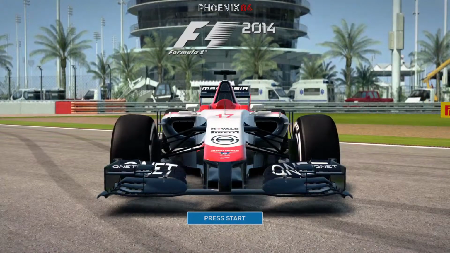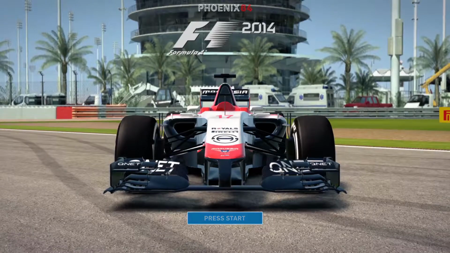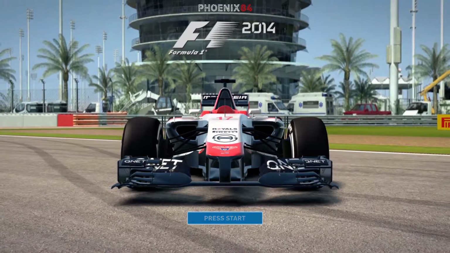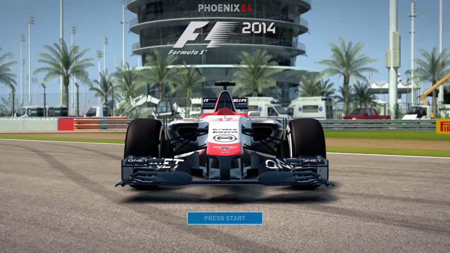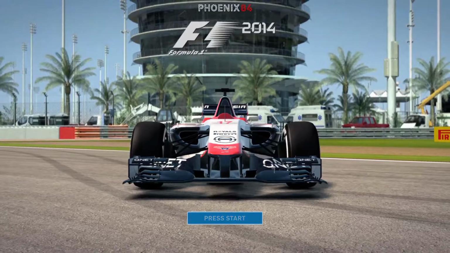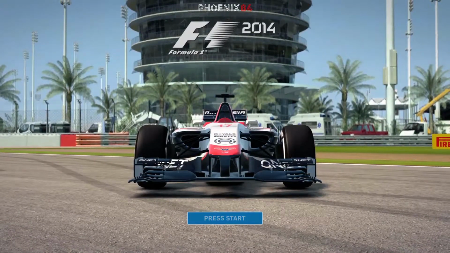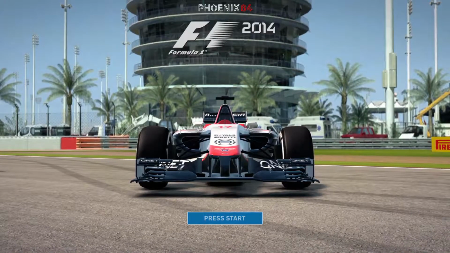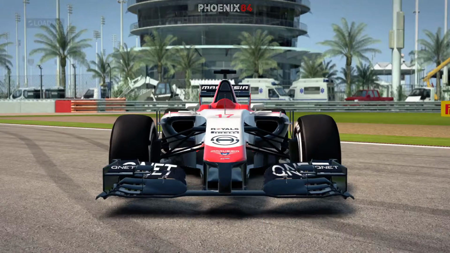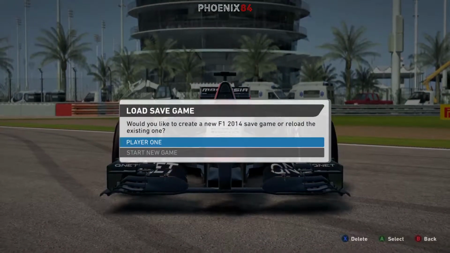So you can see here already, what's the word I'm looking for? The time that Codemasters has spent on this game is about half an hour, because as you know, we've seen the intros to F1 2012 through the wind tunnel, and then with F1 2013 it was kind of in a garage, and now they've just randomly dumped a random car on